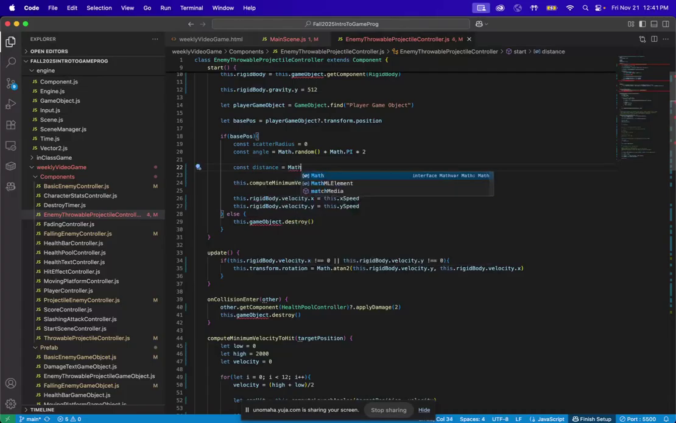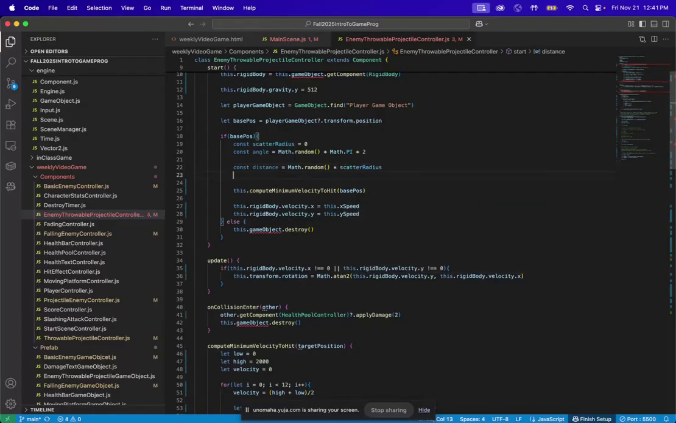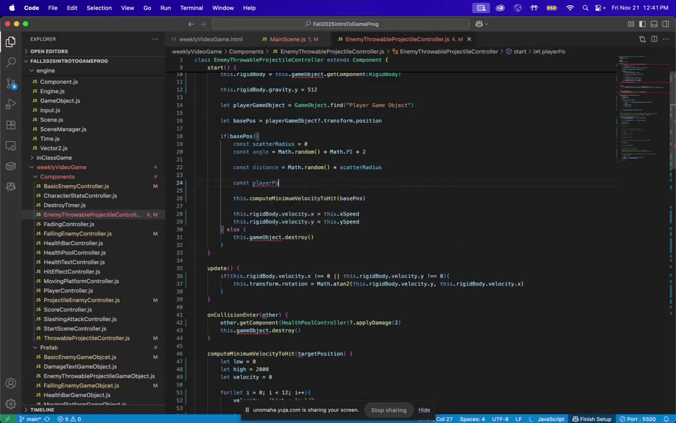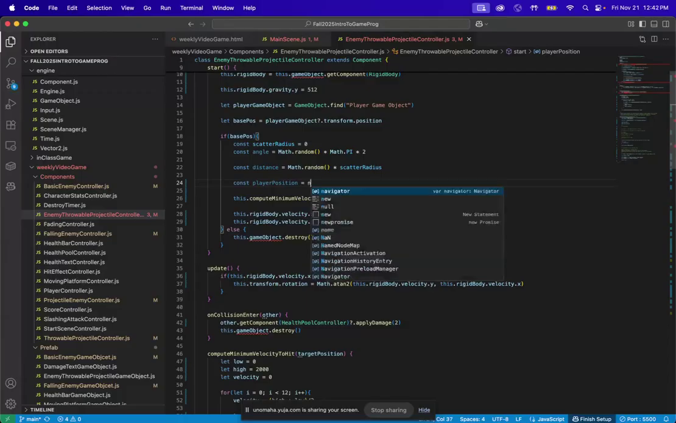equal math.random times that by the scatter radius. And we could do a player position equals a new vector 2,